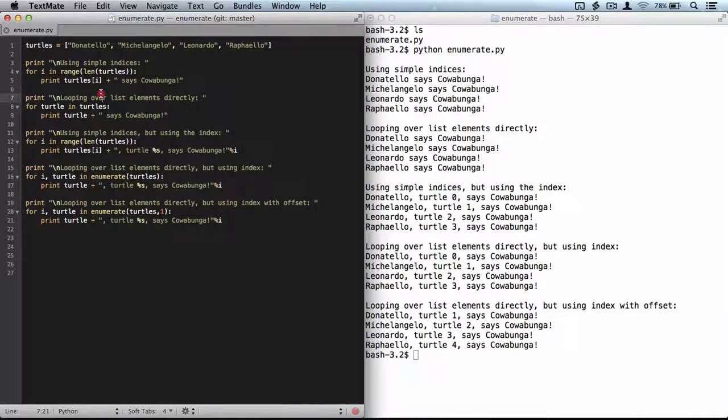Much simpler is the second method, where we loop over list elements directly. Here, I'll take turtles, and I'll just loop over the elements of turtles. This is done by taking a new variable name, turtle, and just doing a for turtle in turtles. This will create new bindings every time. We'll bind the variable name turtle to each of the different Ninja Turtles, and so I can reuse this inside. You see that this produces exactly the same result for what I would argue is much more readable code, because